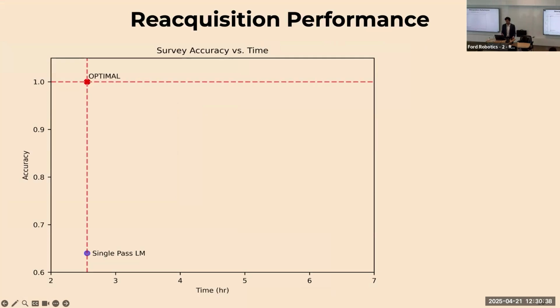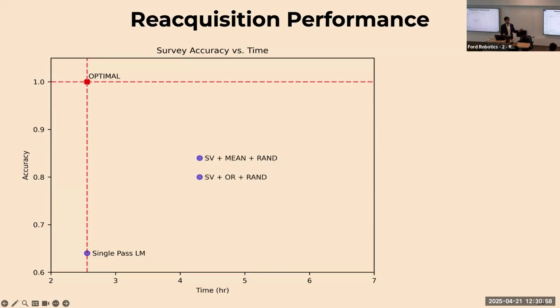So the first question we ask is, does the system let you survey faster with higher accuracy? To understand this, we have a graph here where time is on the x-axis and accuracy is on the y-axis. So the highest possible accuracy you can have is 1. The shortest amount of time you can have is the single pass lawnmower pattern where you don't perform any of these reacquisition surveys.